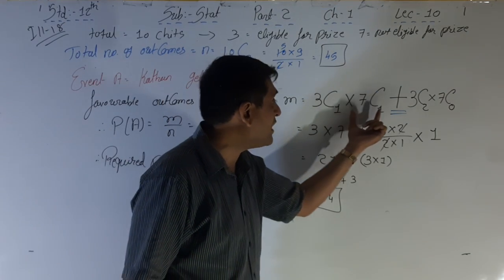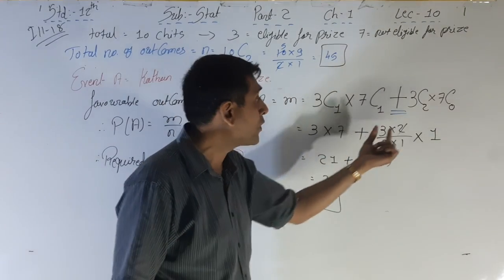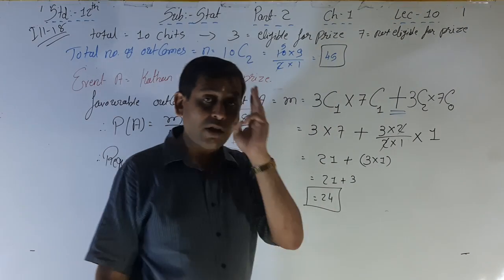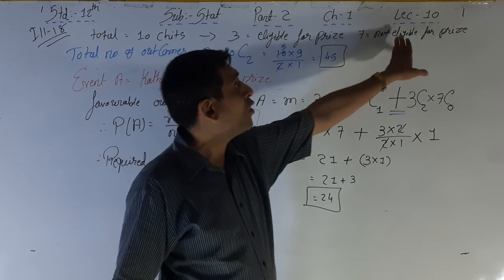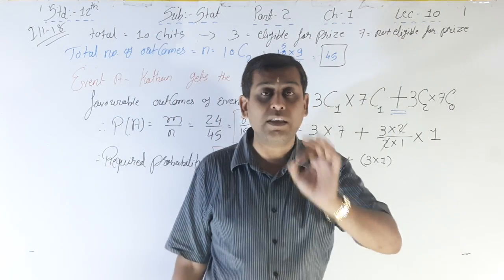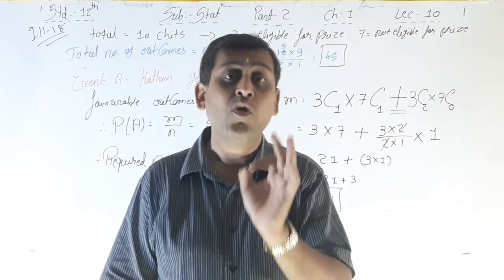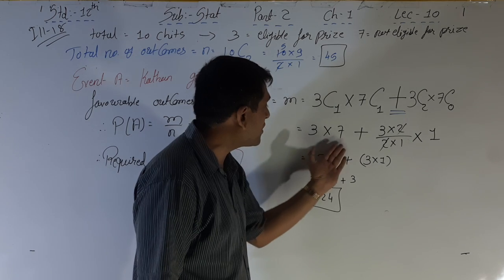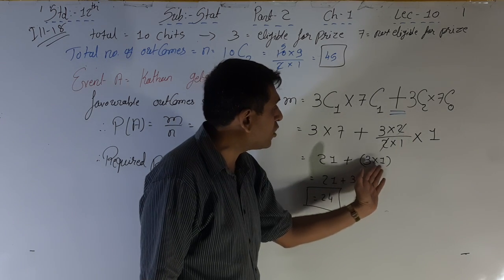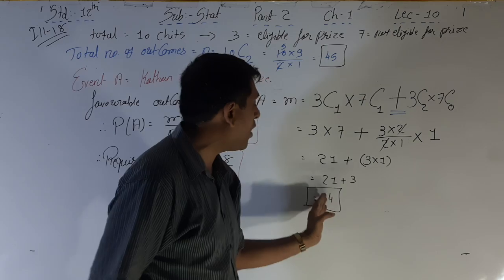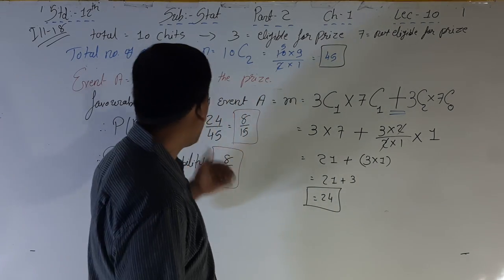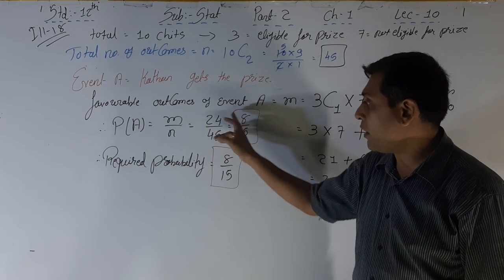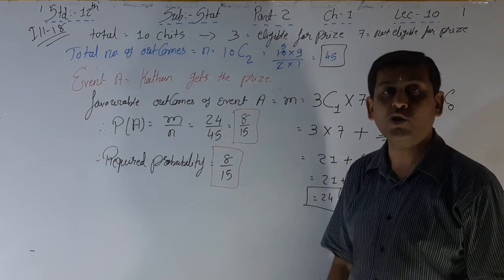See here, 1 from these and 1 from these, that's why we are selecting 2. Then 2 from these and none from these, again only 2, and the third possibility, none from these and 2 from these, also only 2 chits. That's why 3C1 into 7C1, 3 7s are 21, plus 3C2, that is 3, into 7C0, that is 1, 3 into 1, so 21 plus 3 is 24. Now P of A is equal to M upon N, that is 24 by 45, 3 is common, 8 by 15 is your required